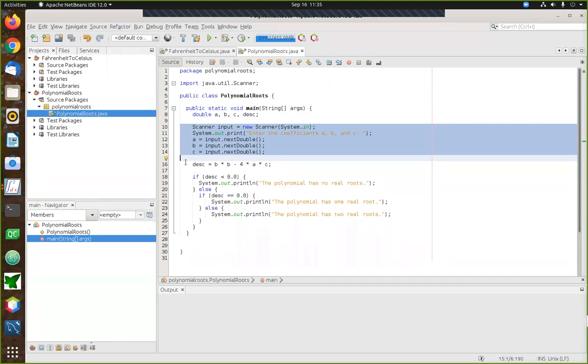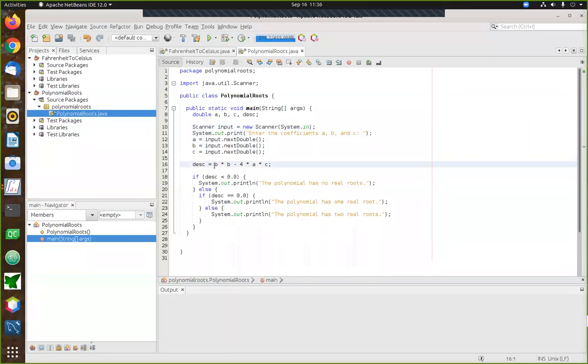And then when we start dealing with the quadratic equation, there's a key element of the quadratic equation. It's a part of the equation called the discriminant. And that's computed from the coefficients by basically computing b squared minus 4ac. You may remember that from your algebra class. One of the things that the discriminant tells you is what kind of roots the polynomial has. And there are three cases. One is if the discriminant is negative. That means the polynomial has no real roots. The second case is if the discriminant is 0, it means the polynomial has one real root. And the third case, if the discriminant is positive, it means you have two real roots.